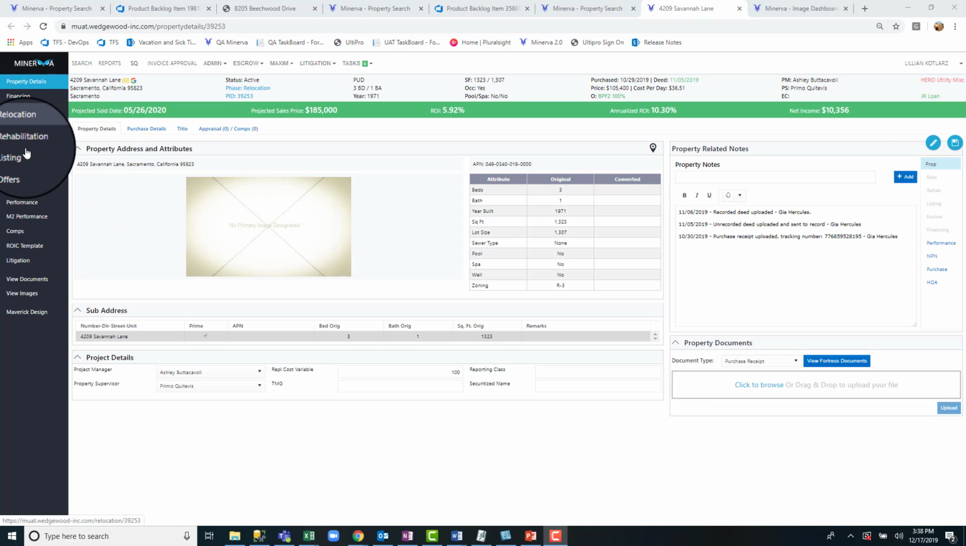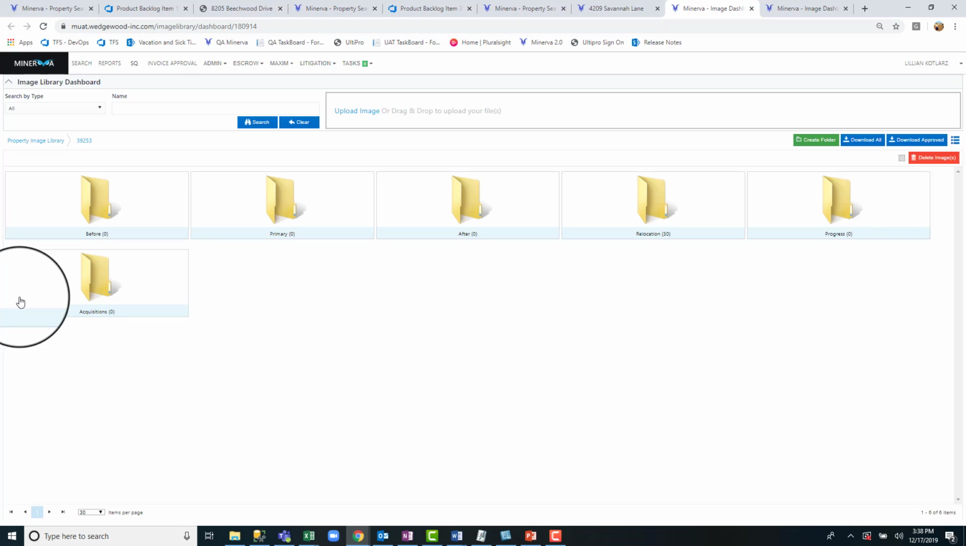go to the left navigation and click on View Images. That will open the image dashboard for that specific property. As you can see, there are about 6 folders in the image dashboard for this property. When I create the property in Minerva, the image dashboard automatically sets up this folder structure. It automatically creates the before, the primary, the after, the relocation, the progress, and the